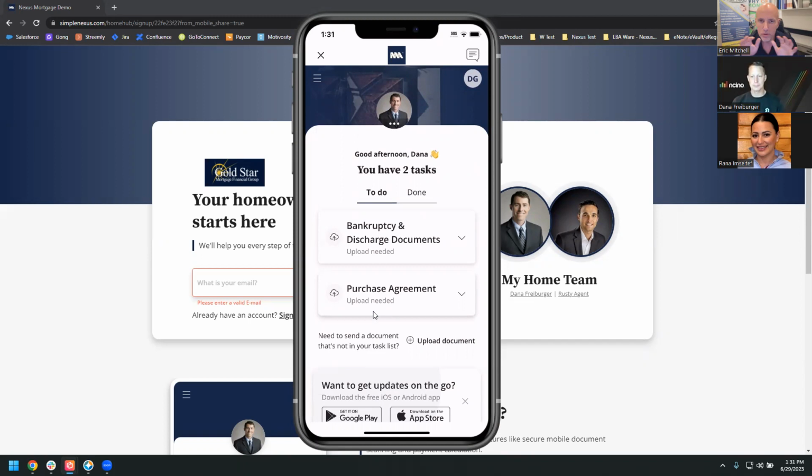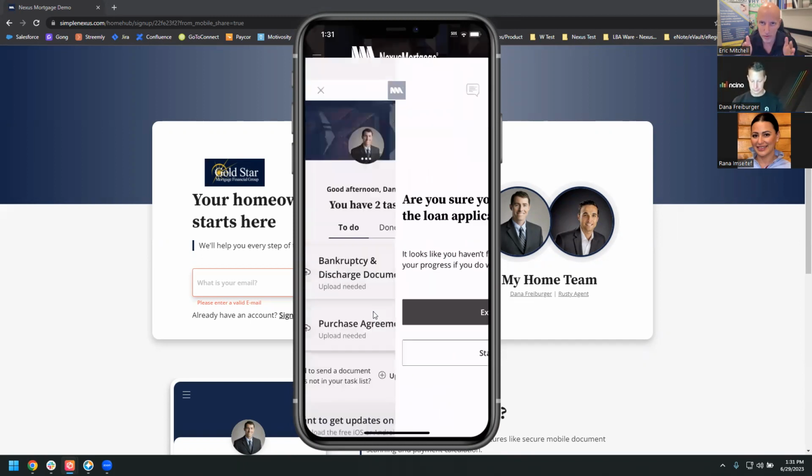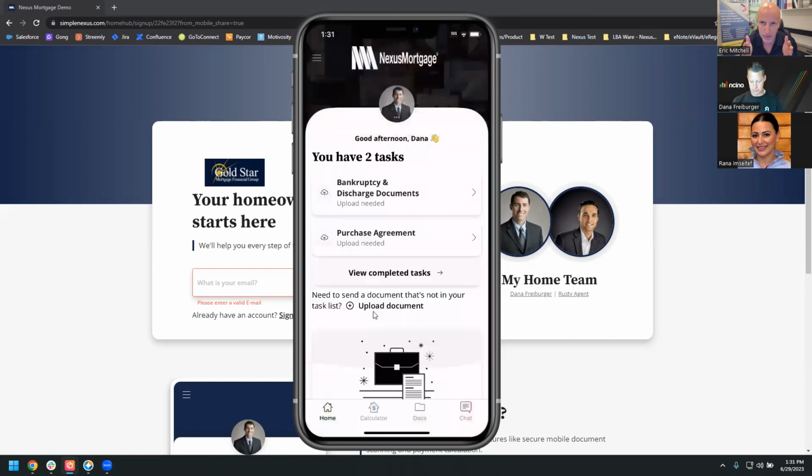Okay, and so let's say the borrower, the realtor, and the loan officer are now in the app in this transaction. Can the borrower message the loan officer or the realtor or both? What would that look like from a borrower standpoint? Yep. So that borrower has also shortcuts at the bottom of their screen here where they can see the homepage where I'm at right now. They can pull up the calculators, which I'll pull up in a second, the documents, which I mentioned, and then